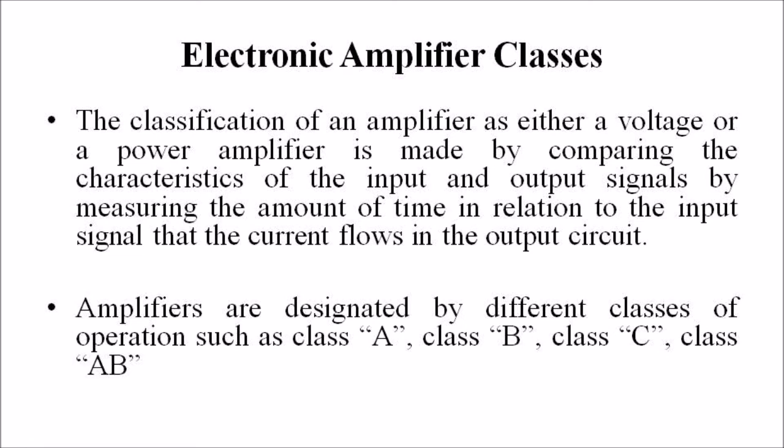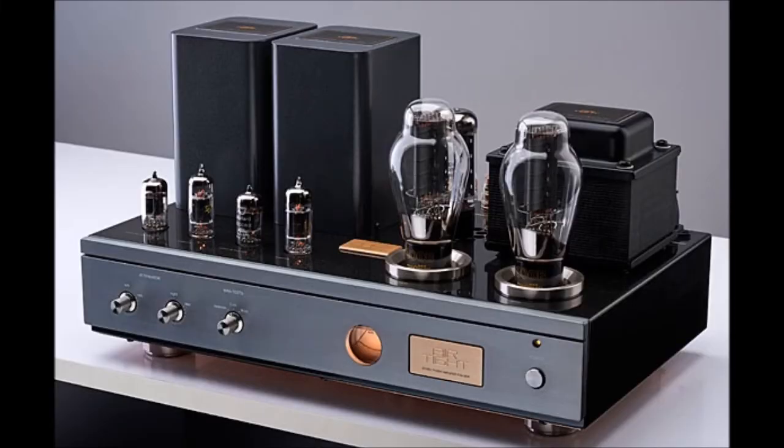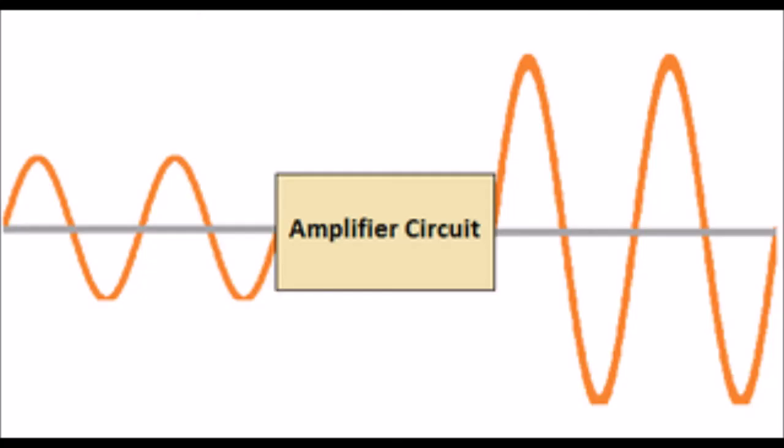Audio power amplifiers are classified in alphabetical order according to their circuit configuration and mode of operation. Amplifiers are designated by different classes of operation such as Class A, Class B, Class C and Class AB. These different amplifier classes range from a near linear output but with a low efficiency to a non-linear output but